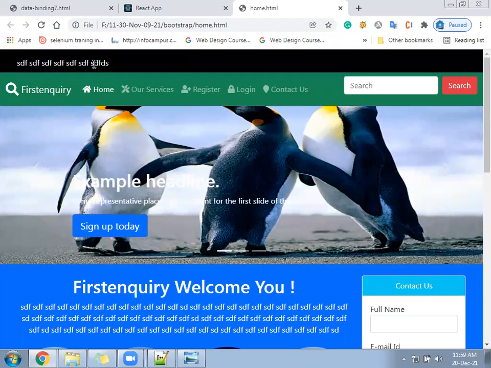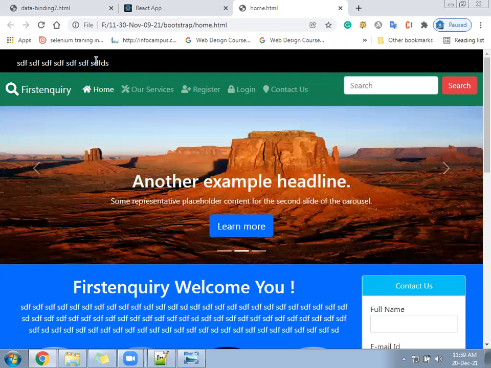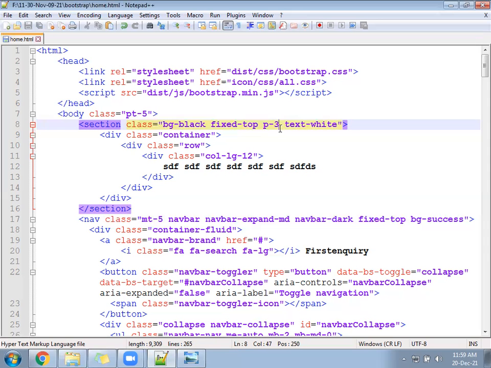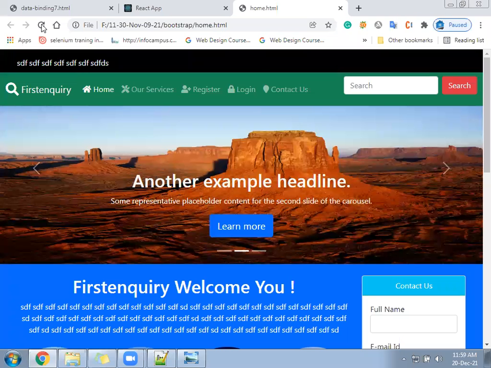See, this text is coming down. Let me write pt-3. No, pt-2. Plus minus we have to do something so that the text should fit properly.